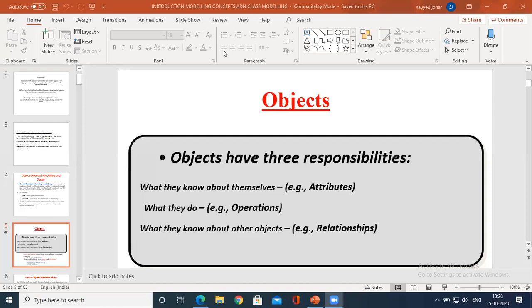The three responsibilities are what they know about themselves. That is, they should describe themselves with respect to attributes. Similarly, the object should be represented with respect to operations. And there is a specific relationship between one object and another object.